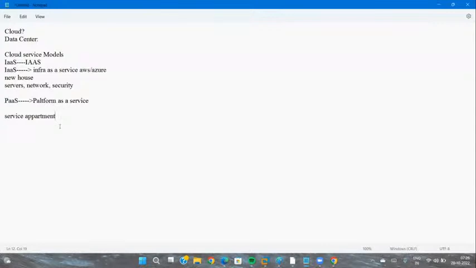And the next one is SaaS. This is called software as a service. Now, what is this software as a service? This is like completely staying in a hotel. The best example is hotels. When you go and stay in a hotel, they are not going to